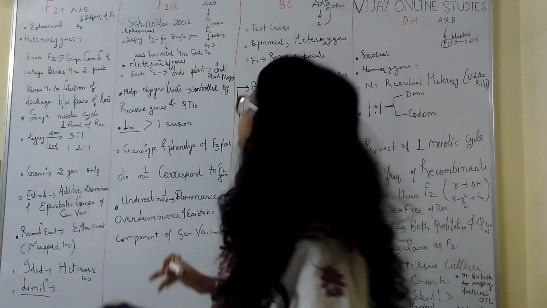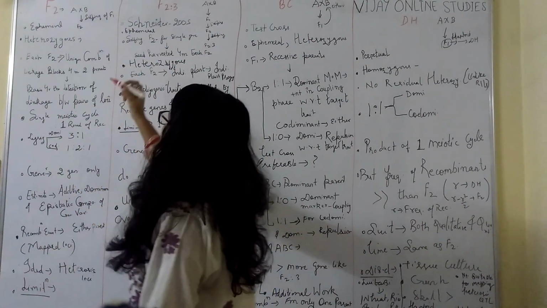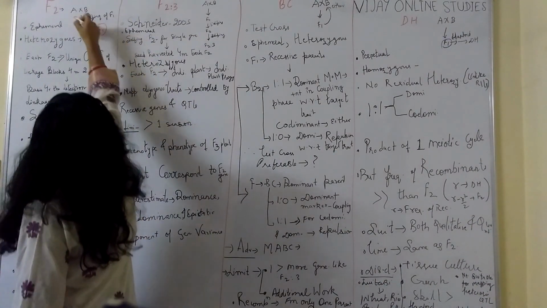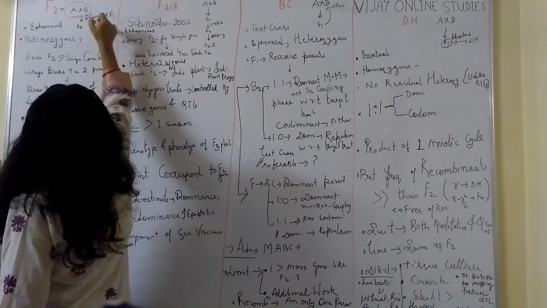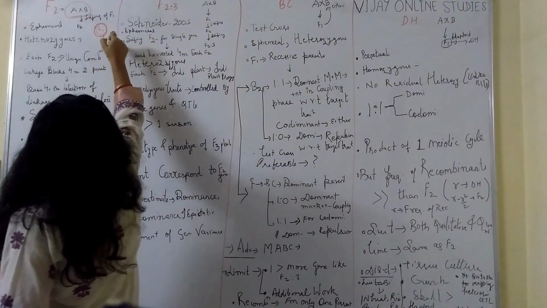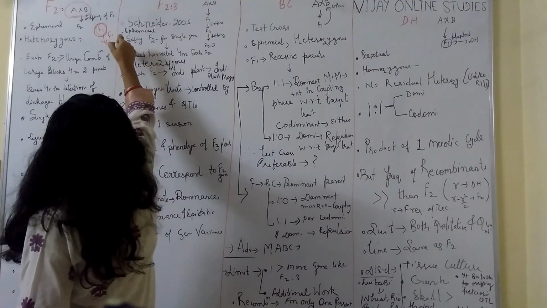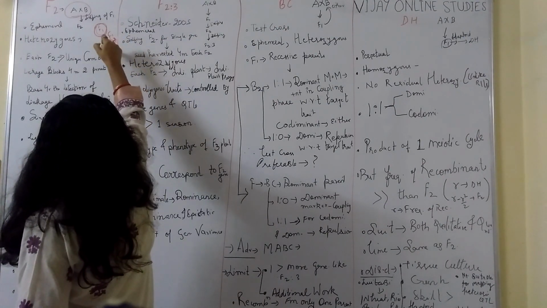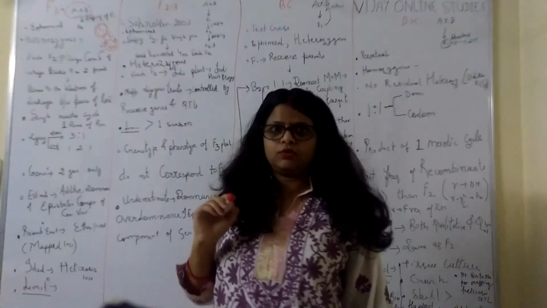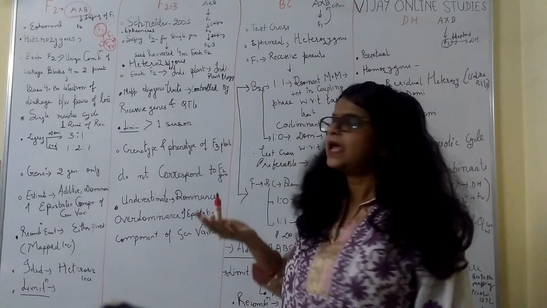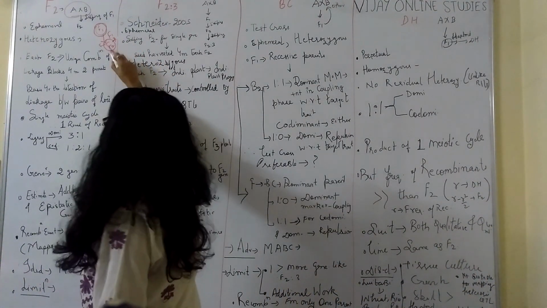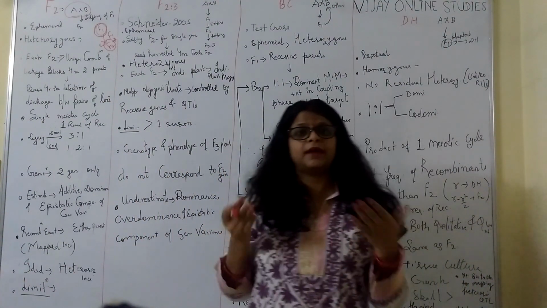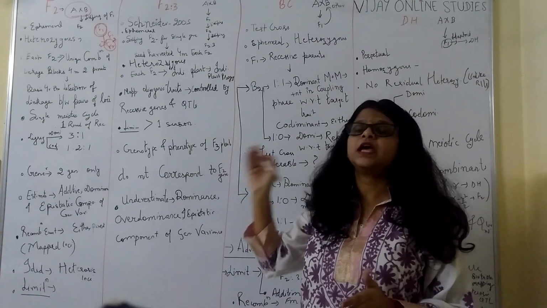F2 mapping population, how do we obtain it? It's a progeny of F1. We cross selected parents and obtain the F1, and by selfing this F1 progeny, we get the F2 mapping population, which is the simplest mapping population, very suitable for preliminary mapping of oligogenic traits. And which biparental mapping population can you get in the minimum time? The answer will be the F2 mapping population.